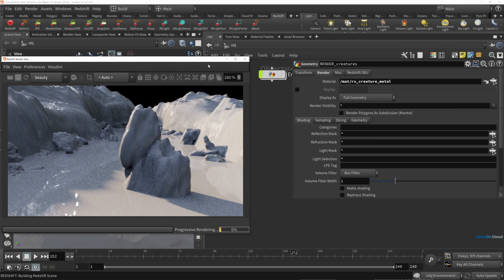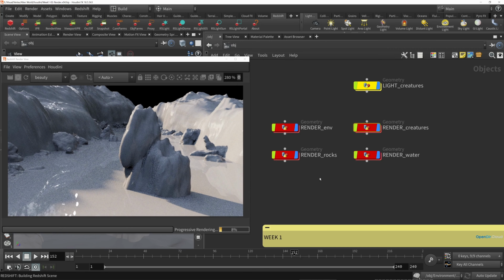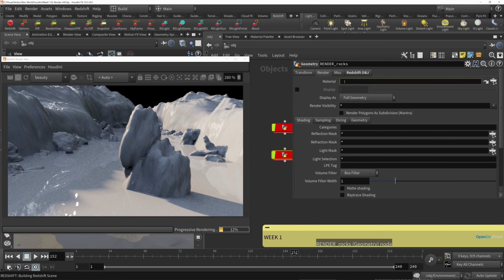So back to the object context, go to our render rocks here. And then under the render tab, we'll point this to mat/rs rocks. And sometimes when we change these things, the change isn't picked up automatically by the Redshift render view here, so you may need to do a refresh to get it to show us the changes. So there we go, we have some nicer looking rocks now, but these could be made a little bit nicer,